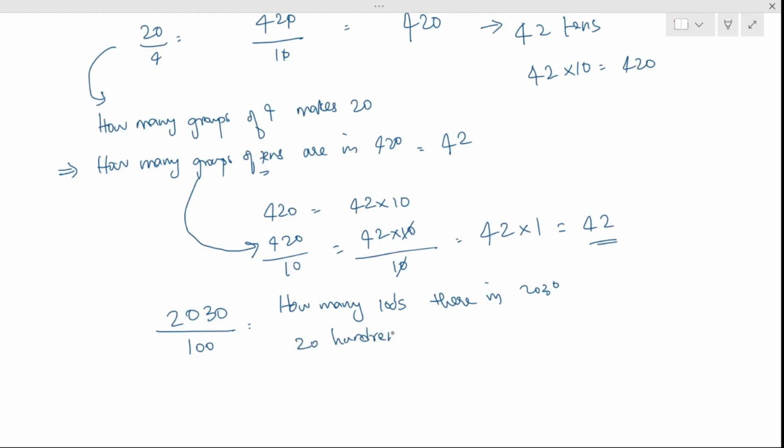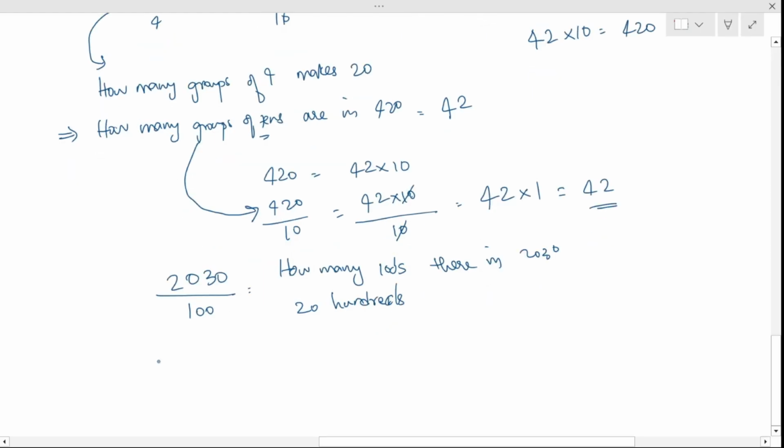That's correct, because 20 into 100 is 2000, right? So basically, you can write this as 20 hundreds. Okay, and then I asked, what could be the remainder after 20 hundreds? And then one child said, interestingly, ma'am, just 3, because I have the 3 here. So 0 and 0, 2 units place. I just put a bar here. So this is 20 hundreds, the quotient. And then the remainder is just 3.